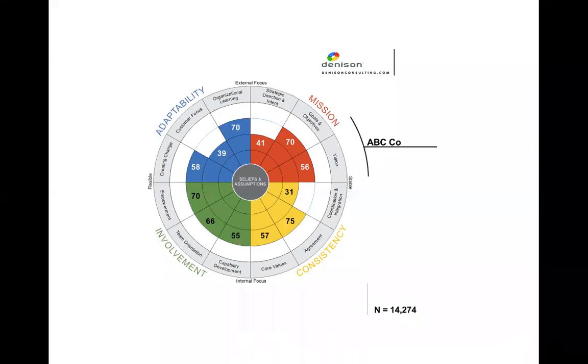But you can see here that more color is better on the profiles, that a higher percentile score means that you scored more highly in relationship to the global benchmark. So a 31 means that this company on the coordination and integration index scored at the 31st percentile compared to the 1,000 companies in the global benchmark. So most are higher than they are on coordination and integration, but on learning and in goals and objectives and empowerment and agreement, they're quite a bit higher. They're up into the 70s.